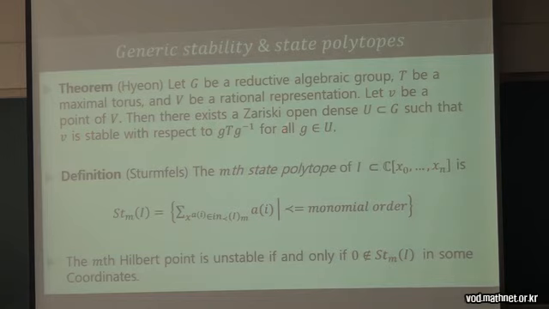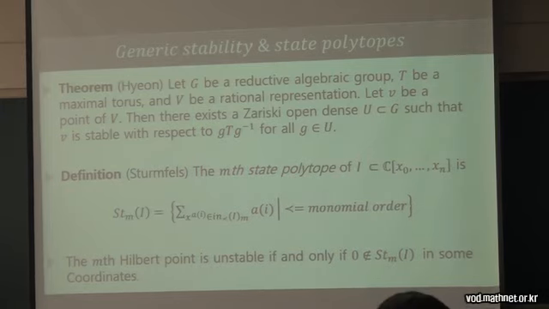It's a pretty simple theorem, and any person experienced in GIT should believe it, but surprisingly there hasn't been any proof written. And now the mth state polytope of I,